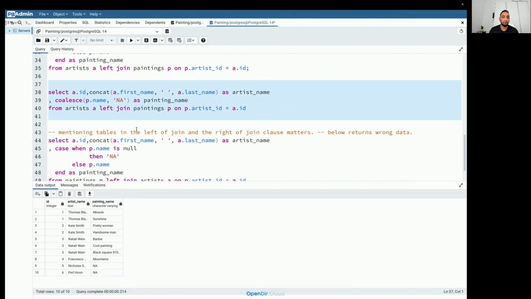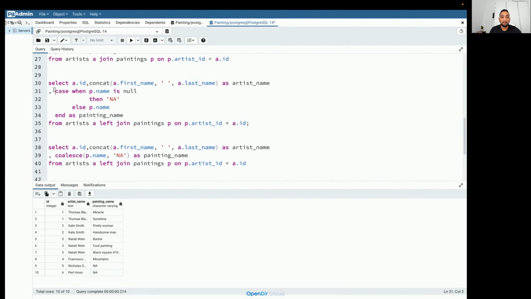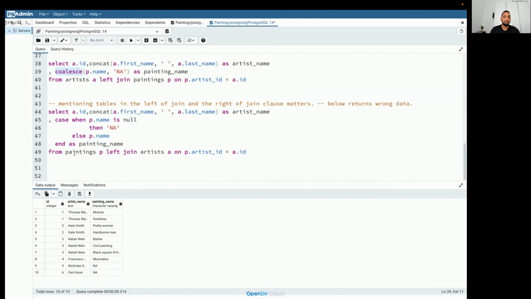Okay, so because previously I thought only integer we can pass, but since this is a varchar, I can pass a varchar as second argument. So you can either use a case statement or I can use a function here. This function is a null function. Whenever you want to replace a null value with some other value, then we can use COALESCE. Now, an alternative to using COALESCE is